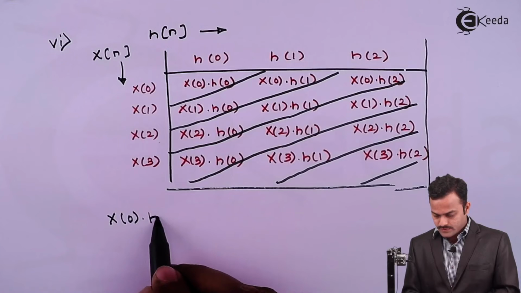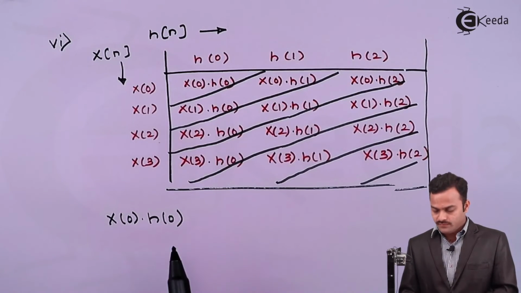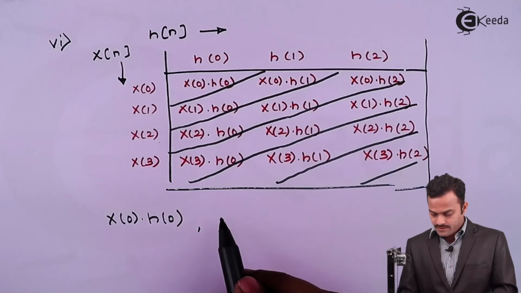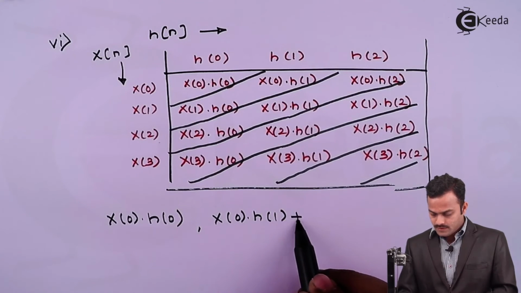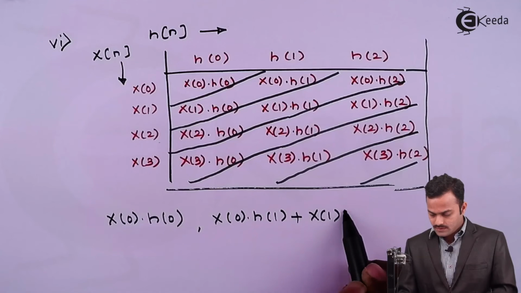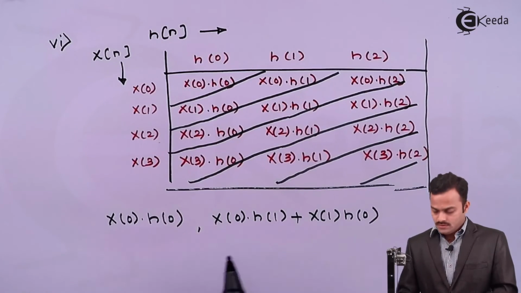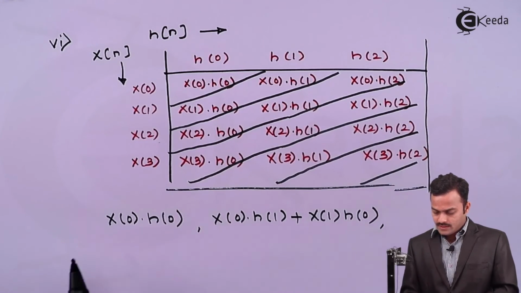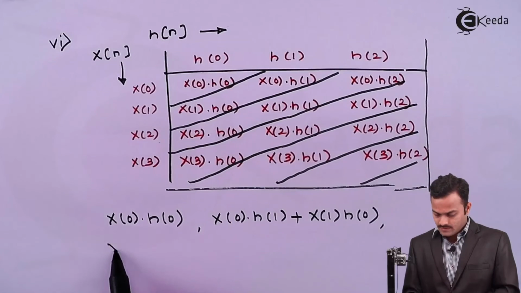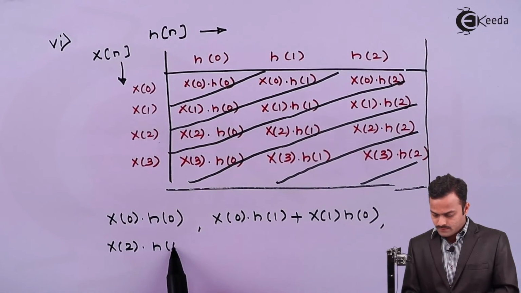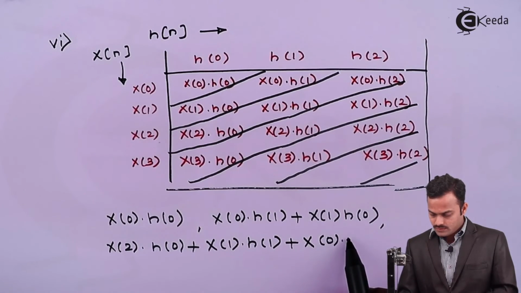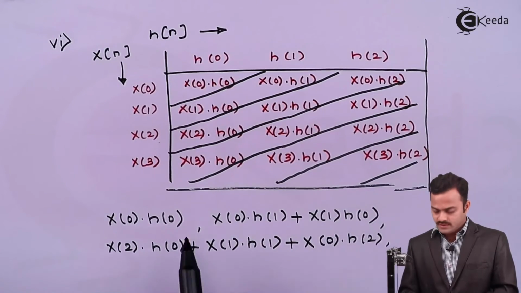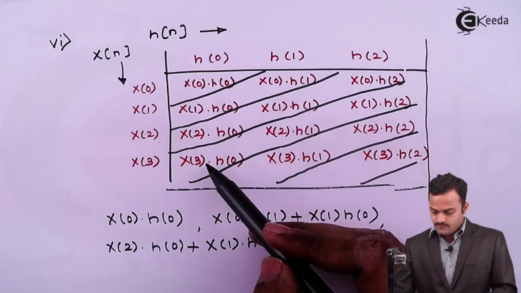x of 0 into h of 0 is the first element. Then I have x of 0, h of 1 plus x of 1, h of 0. Next term I will get is x of 2, h of 0 plus x of 1 into h of 1 plus x of 0 into h of 2. So 3 terms I got, 1, 2, 3. Fourth term will be this,